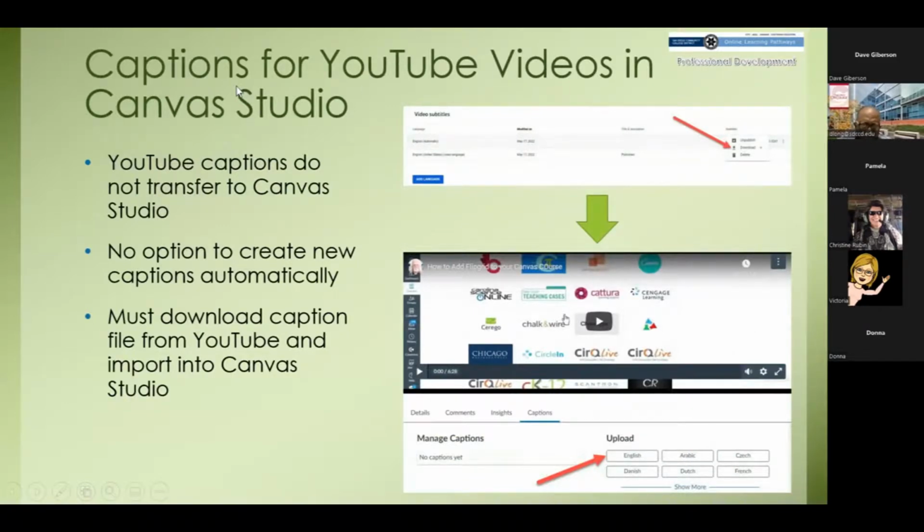There is a problem. I guess I did put that slide in here. I forgot about that. There is an issue with captioning YouTube videos that are imported into Canvas Studio. This is something you can do with Canvas Studio. If I go back to Canvas Studio here for a moment